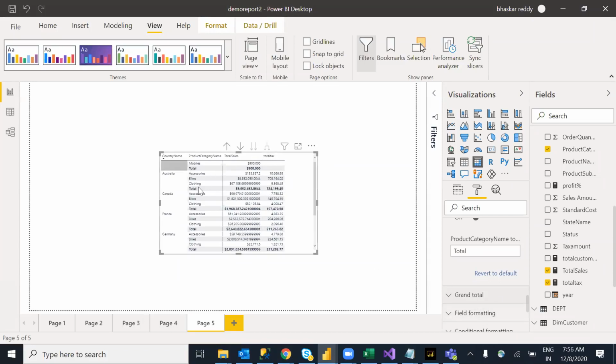Okay, we have subtotals. Okay, column wise, after every country we have subtotals. By default it is not coming. Okay, I will check that property. Once we enable that option, there also nothing.